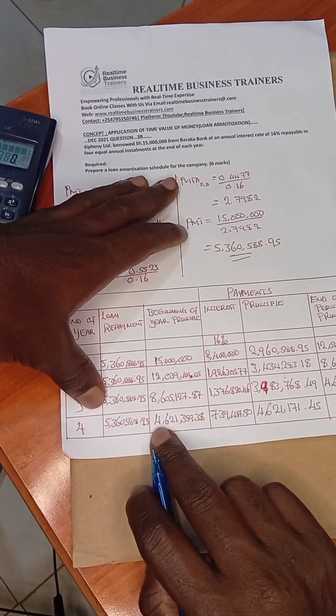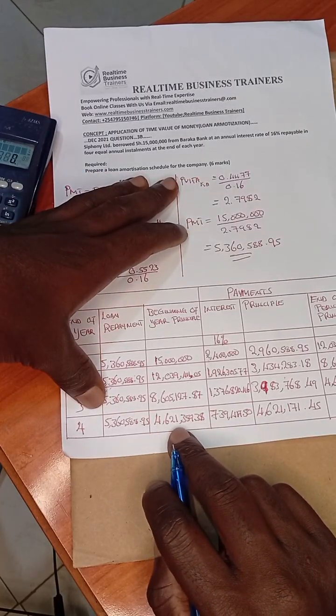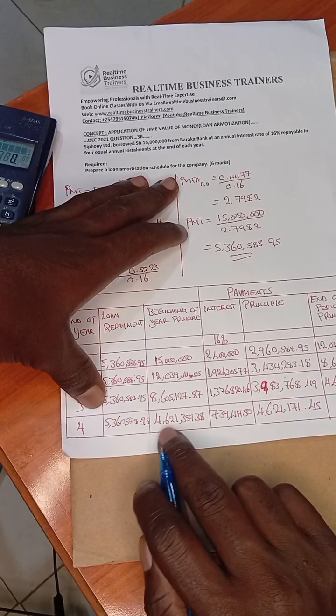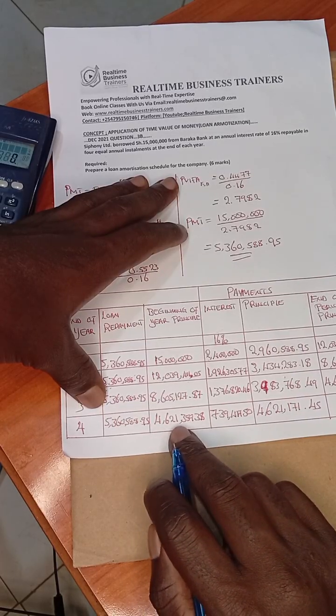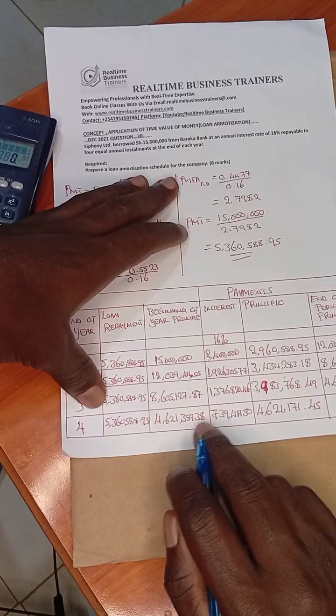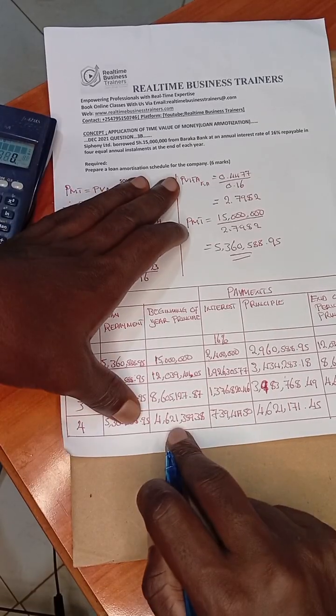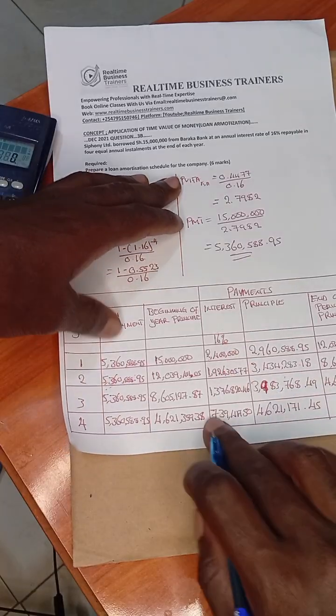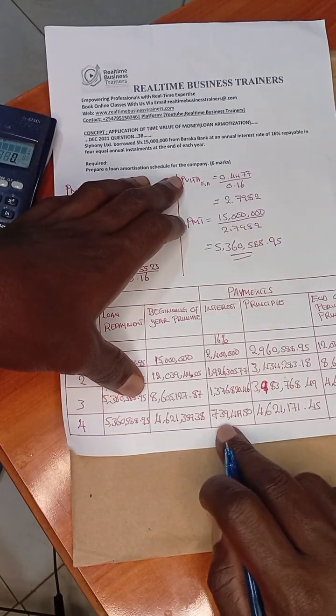That is 4,621,359.38. So this amount, you calculate the 16% of this principal and you get